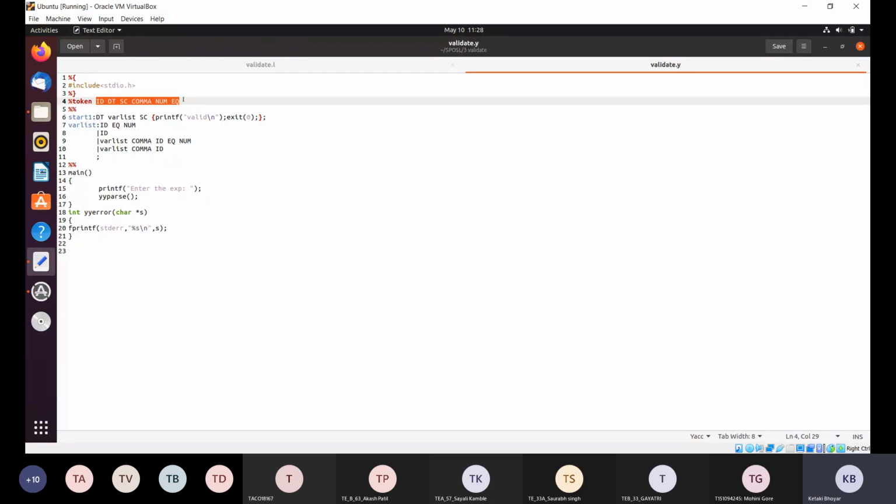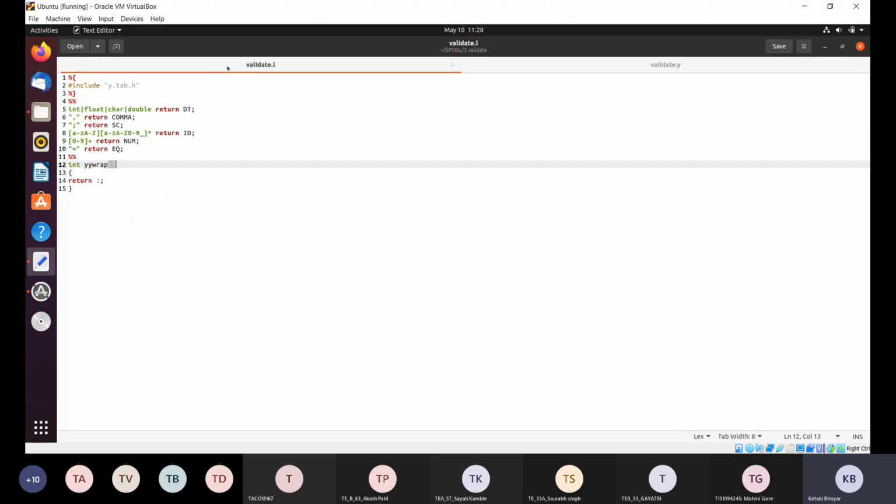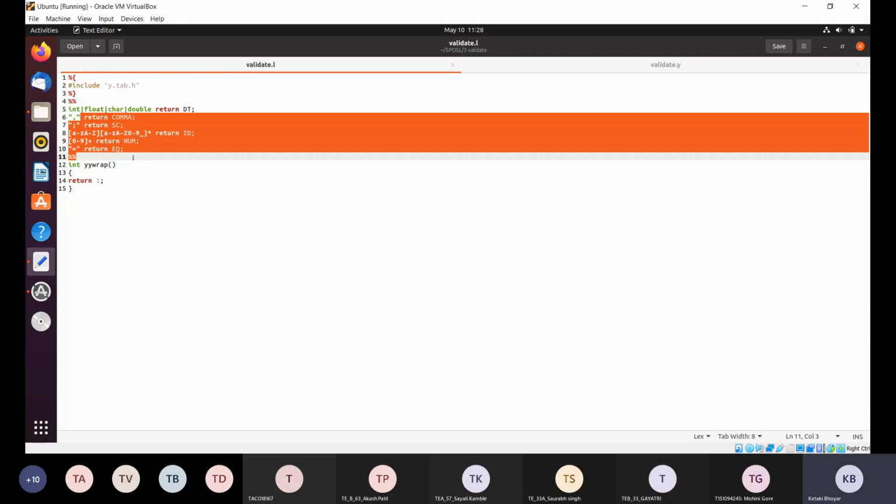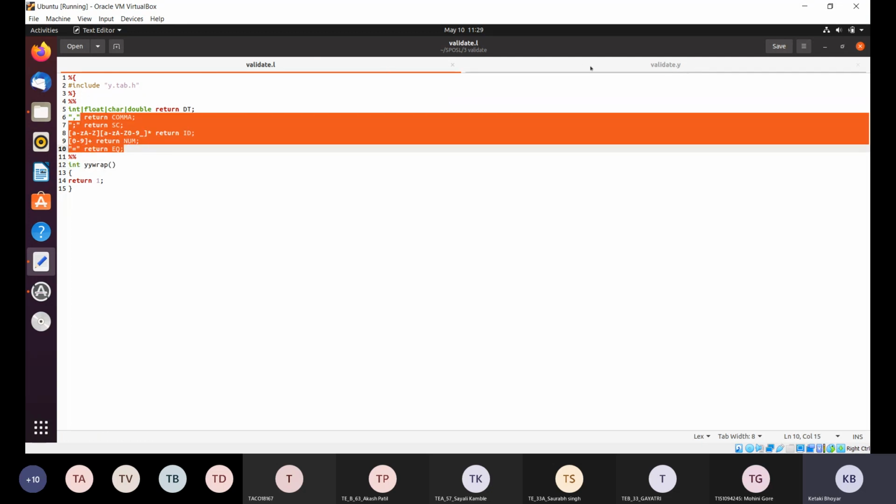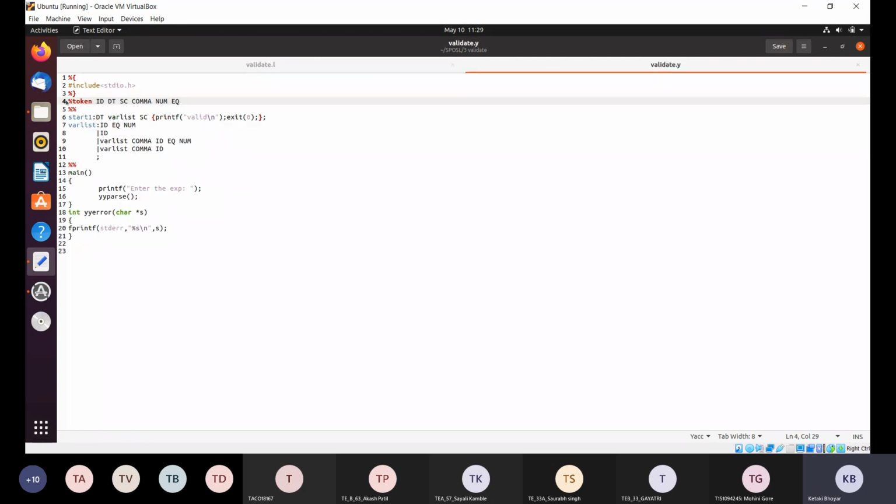Remember that while typing the program, if you write a token here whose declaration is not in the .l file, your code cannot run. All the tokens written in the .l file in this particular section should only be included here as %token. So we have defined all these tokens that are required for us.